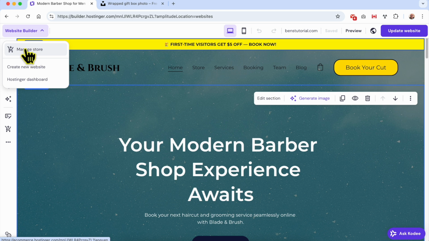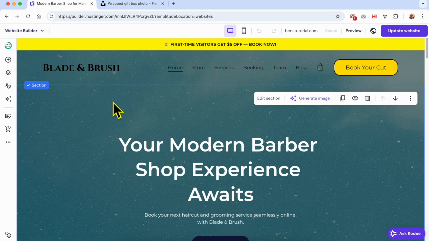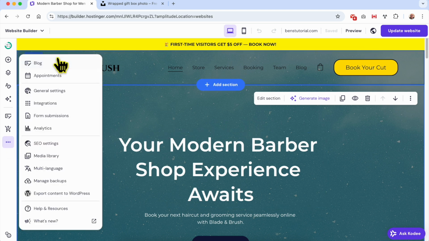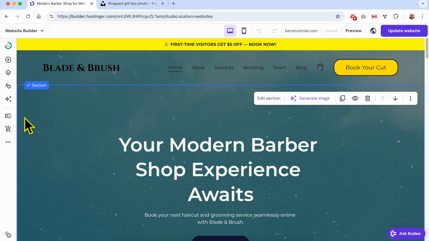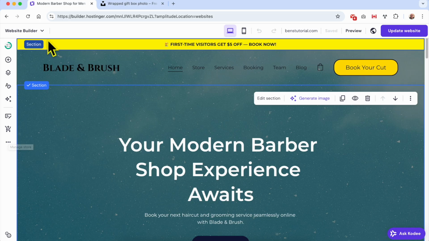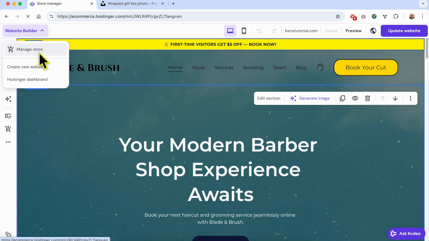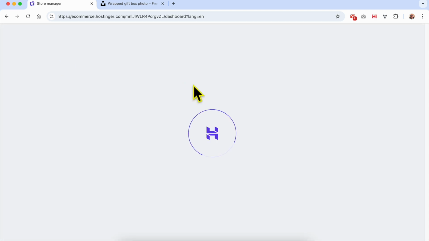Here, to have this Manage Store button, first you need to enable your online store on your website. So click on these three dots, and here you will click on this little card, in order to create your online store if you don't have one. After that, switch to your online store,